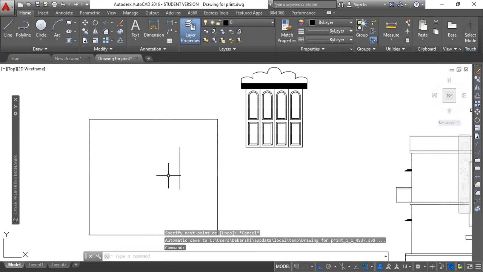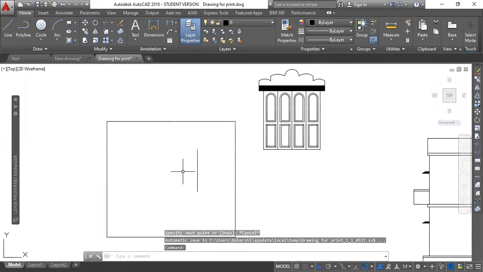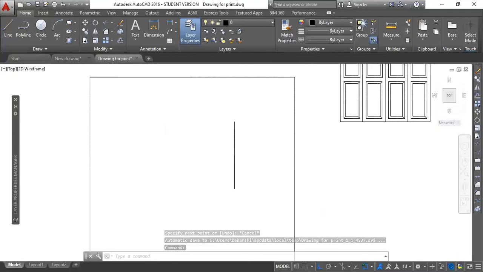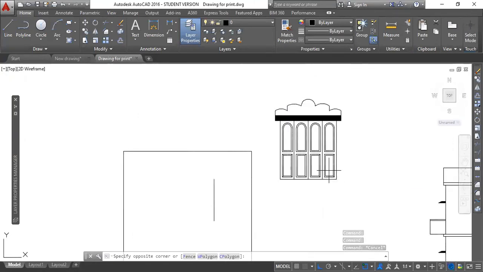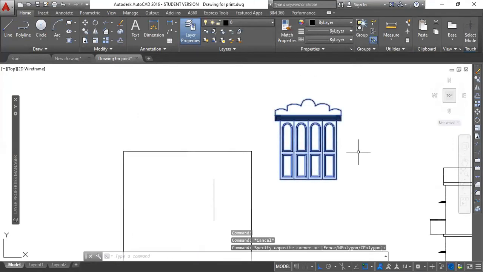Don't look at the dimensions here, because this page is not as per the feet and inches. So suppose you have drawn this 6 feet line. You can do that because you know your room is already in actual dimensions. So you can actually draw a 3 feet line here. Then select your particular drawing and type AL, enter, align.